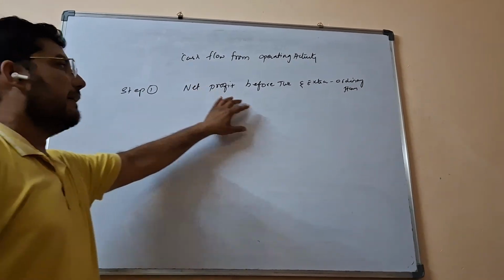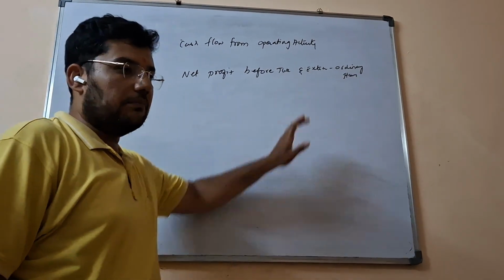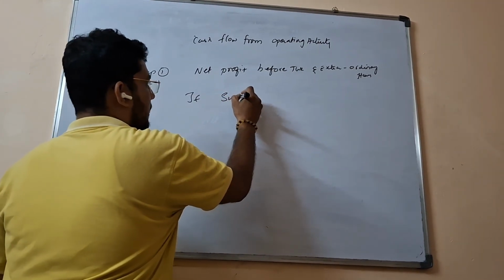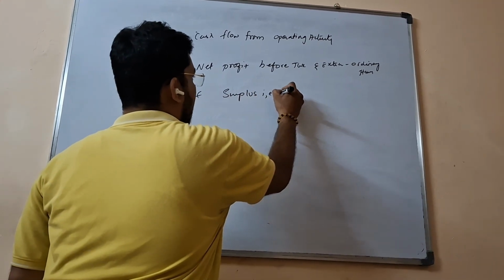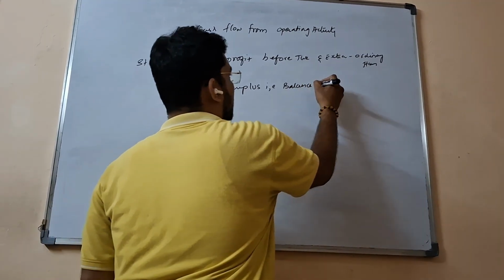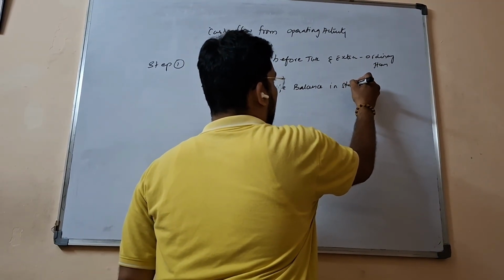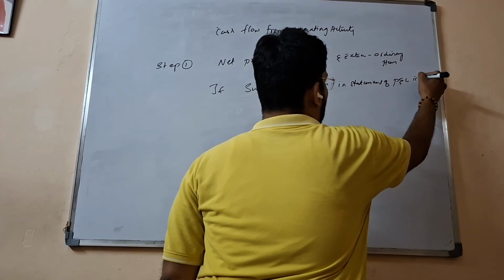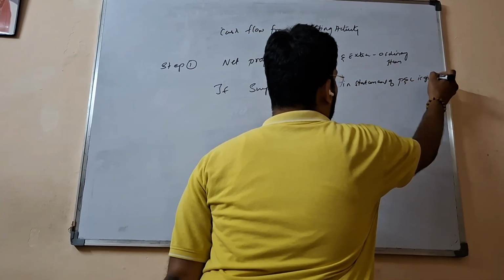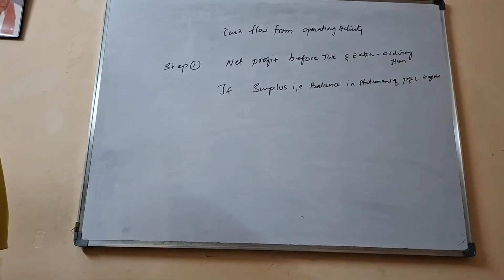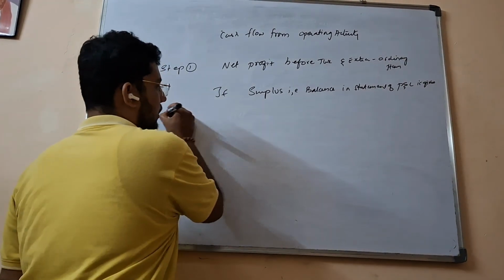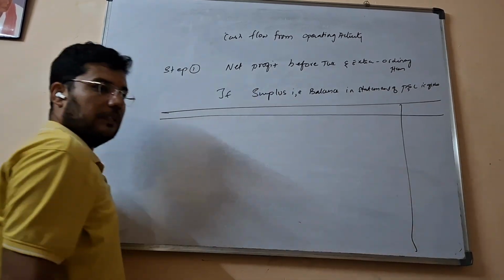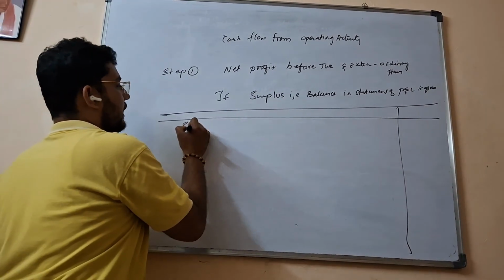Yeah, again, net profit before tax and extraordinary items. If surplus, that is balance in statement of profit and loss is given, that means in simple terms they have given a balance sheet. So here first we are going to take surplus